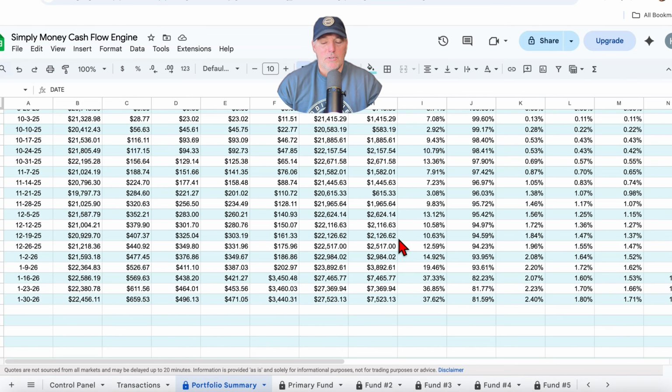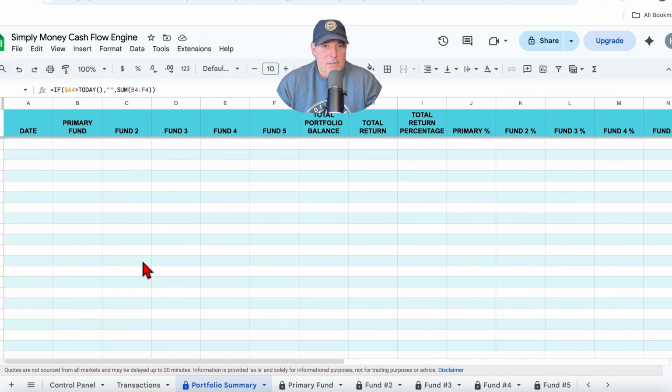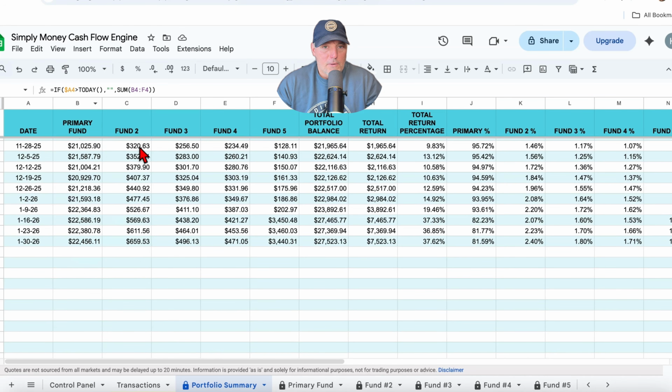Now when we come down, when you do this in a different way, this can show you how you can really maneuver your funding and your income, and how it can impact you the way you route it, depending on what you do with it, how bad it does or how good it does. With this, you can see that routing into here, the primary fund has done really well, and you've increased your position in all of these others, and that's brought our total up. We've gained $7,000. Now, again, $3,000 of that approximately is from SCHG buying, but even prior to that, you can see that you were up